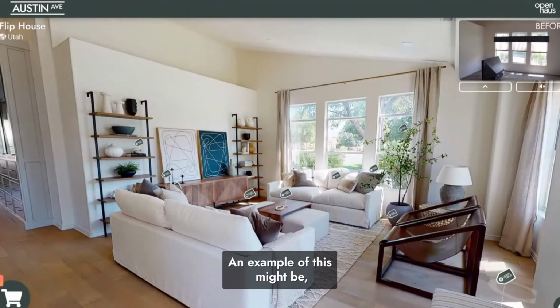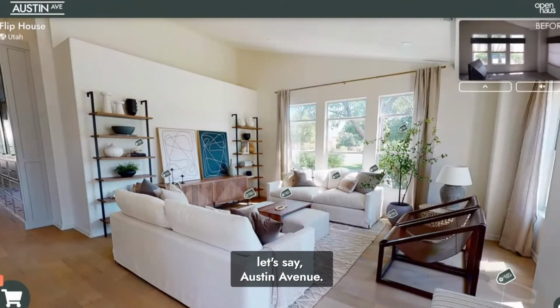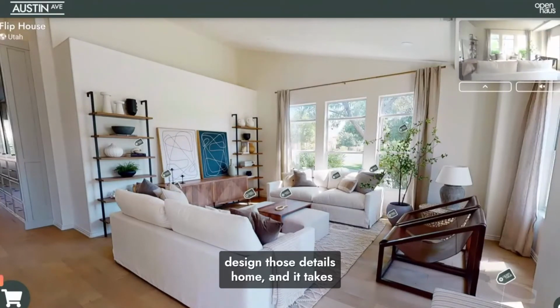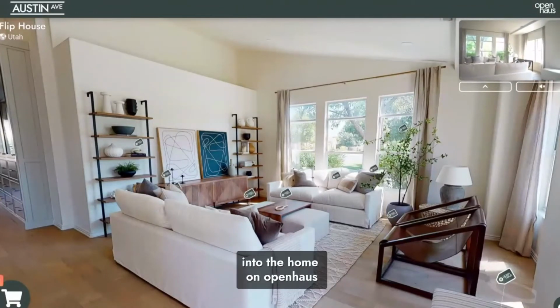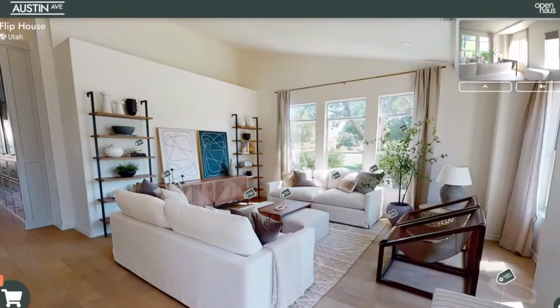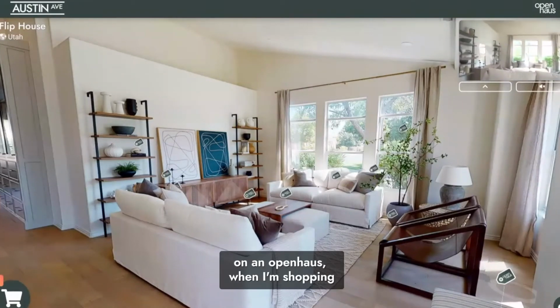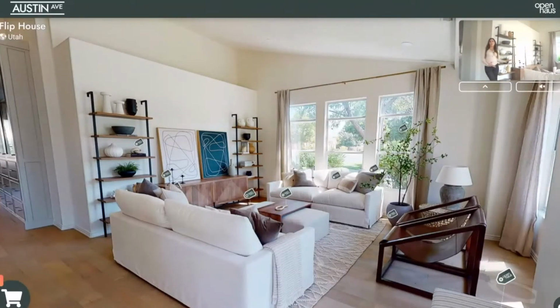An example of this might be, let's say, Austin Avenue. In an Instagram story, they shared a swipe up link to Design Loves Detail's home, and it takes you just directly into the home on Openhaus. When I'm viewing the experience on Openhaus, when I'm shopping inside of this person's home, I want to show you